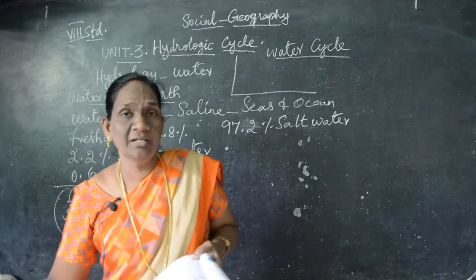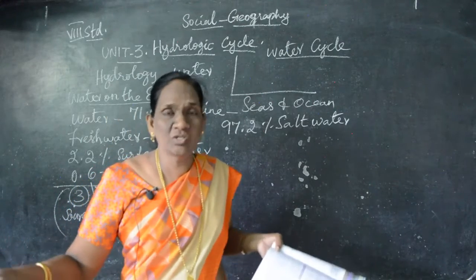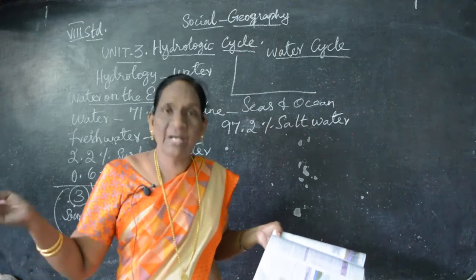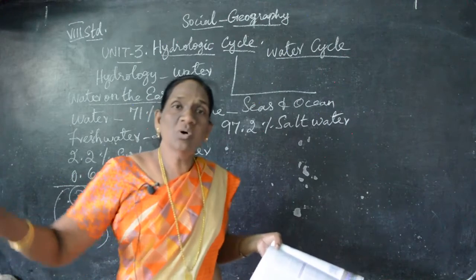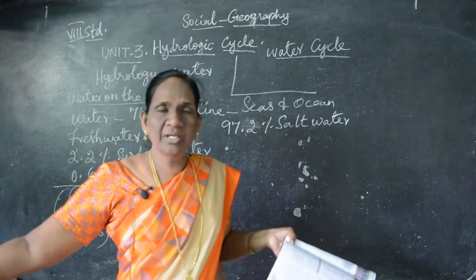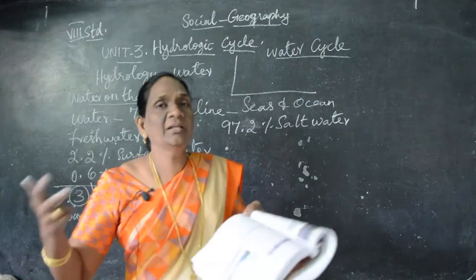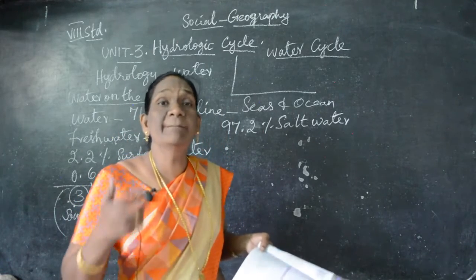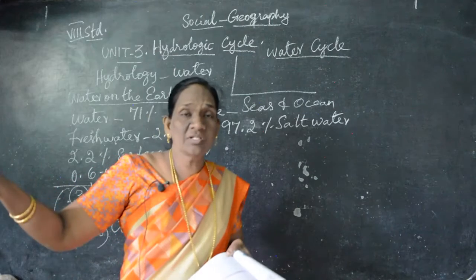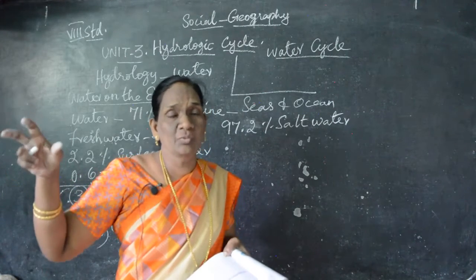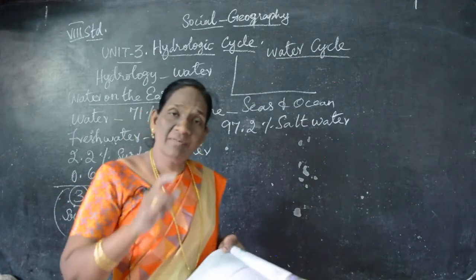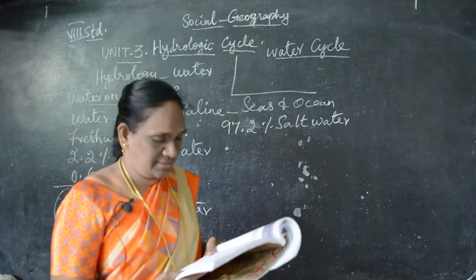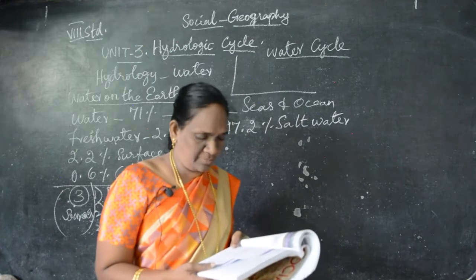In one place there will be a lot of water. Now if we take sea and ocean, the biggest ocean in the world is the Pacific Ocean. Understand? So there is a lot of water there. Okay, the Indian Ocean is there. Then the Atlantic Ocean is there. Then the Arctic Ocean is there. And the Atlantic Ocean is the busiest ocean. Arctic Ocean is the coldest ocean. Then the Antarctic Ocean is full of ice. There is no human being at all. So because of the occurrence, understand, we can say it as distribution, movement and properties.